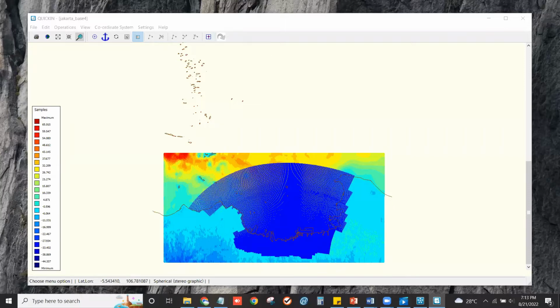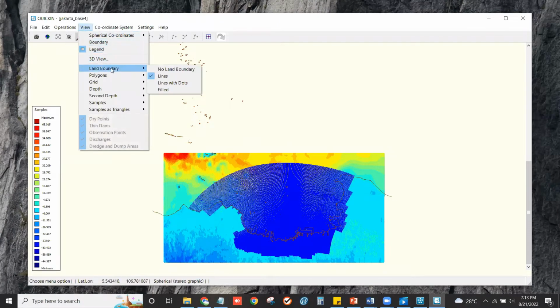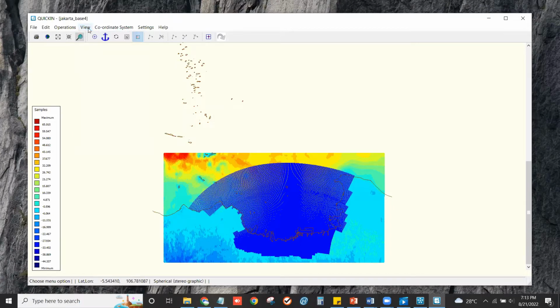The next step, I will explain the view menu and how to use it. Before that, as explained in the previous section, the grid is the smallest unit.